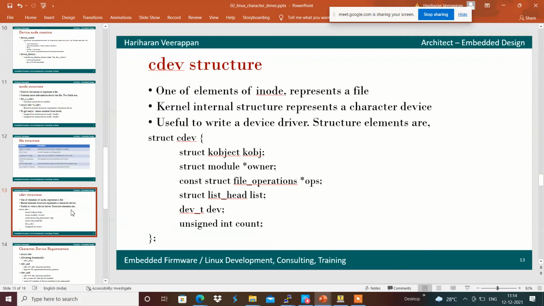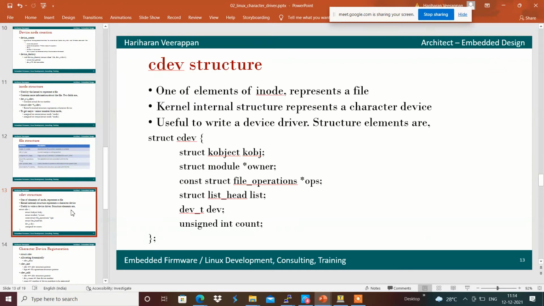Basically, that cdev is the structure has multiple elements, something like a kobject, and then it has the module owner, and we will be having the file operations.